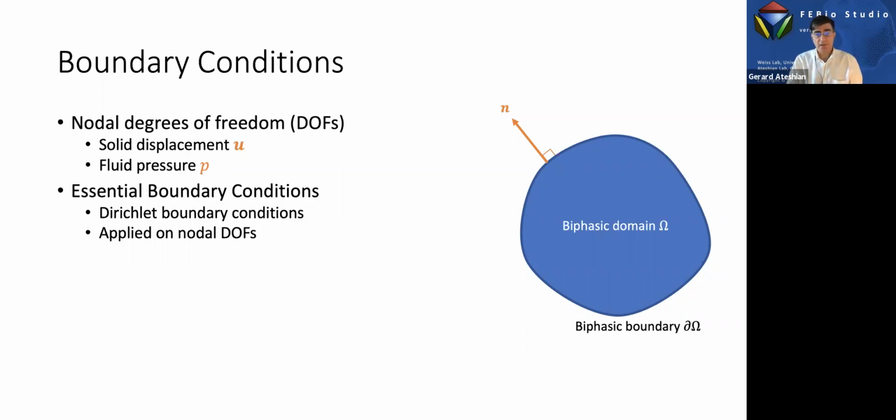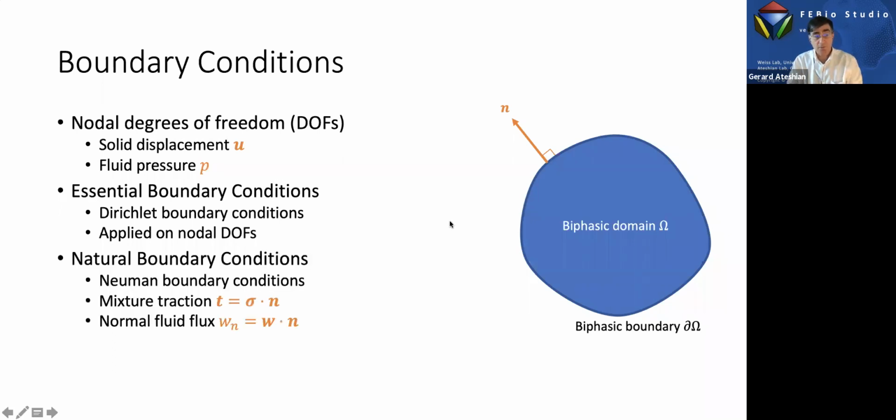When you solve these differential equations, you need boundary conditions. In the field of partial differential equations, there is the concept of Dirichlet boundary conditions, which are boundary conditions on the unknowns. In the field of finite element theory, we call these essential boundary conditions. These are the boundary conditions that you apply on the nodal degrees of freedom. So you could say, on the boundary, I want to prescribe the displacement. Let's say I don't want this boundary to move. I will fix the displacement. Or I want the boundary to be free draining. I want to allow the fluid to escape. Then I can prescribe the pressure P on this boundary. Conversely, you can have